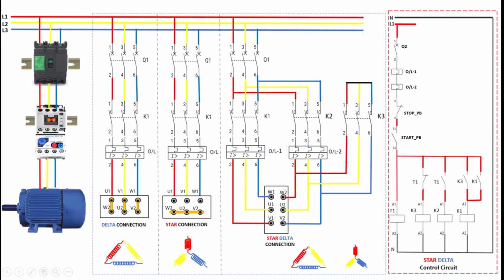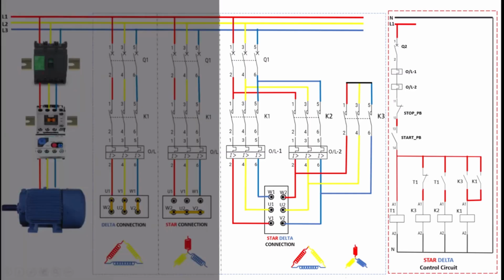Now, let's move to the electrical control circuit for the star-delta operation. In this setup, we primarily use three contactors labeled as K1, K2, and K3, each playing a key role in controlling the motor's transition from star to delta. Here's how it works. This is a very important step. When the motor starts, the